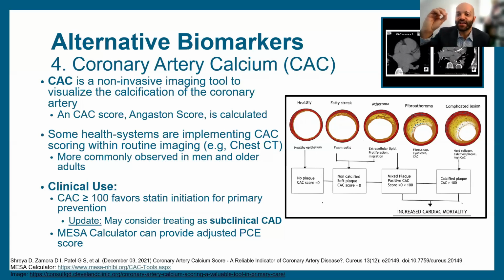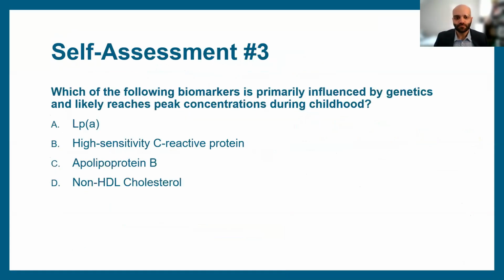It's kind of like snaking a pipe, but you're just doing it by taking an image, right? So you can look and say, hey, you have a lot of occlusion, or you don't have a lot of occlusion. If you don't have a lot of occlusion, maybe you don't need a statin, or some of these other therapies. It really is a way to refine the pooled cohort equation.